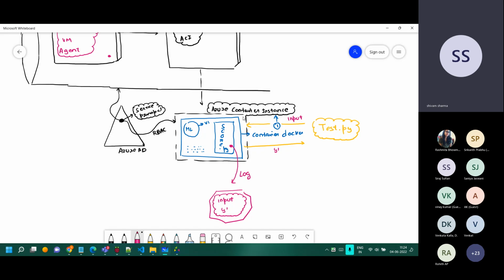If I just summarize what we'll be doing now, we have to create the ACI instance over there. We have to understand the score.py file. Why is it there? What's the purpose of it? How the model comes over there. How are we defining the dependencies for the container to be created? How do we define this? How the service principal comes into existence? How do we make that?